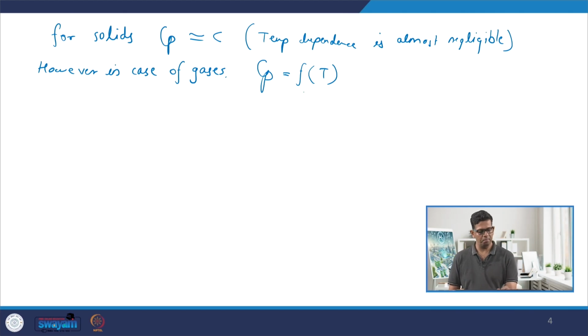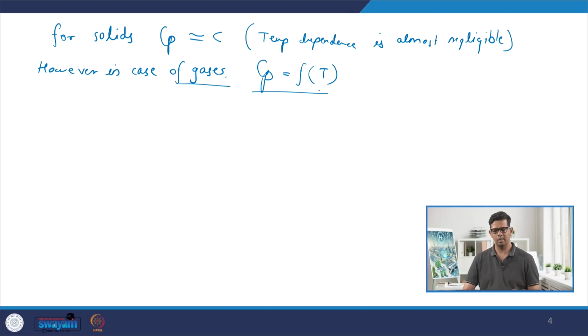So it becomes very important for those reactions that involve gaseous species, because then we have to consider Cp as a function of temperature and then we can proceed. That is how we will move ahead, and then let us move on to another concept,